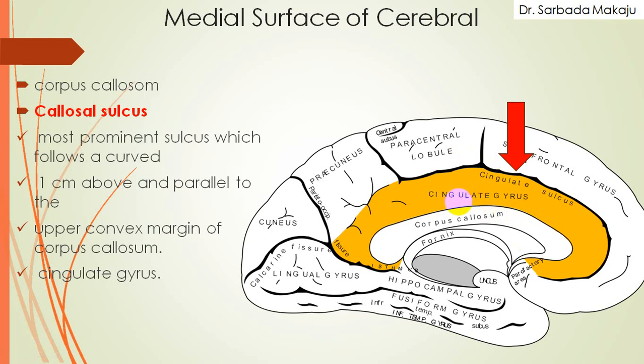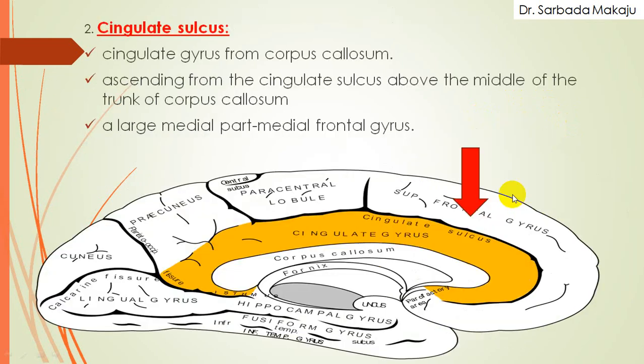Above that, there is a presence of this gyrus which is known as the cingulate gyrus. Now, above the cingulate gyrus, there is a presence of one more sulcus. This is known as the cingulate sulcus. This cingulate sulcus continues from this portion, which is known as the corpus callosum,